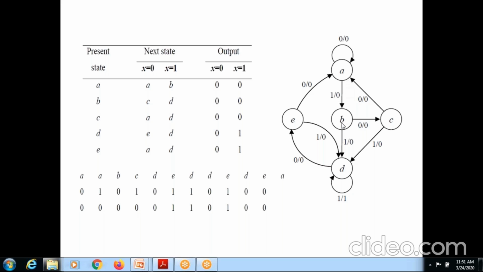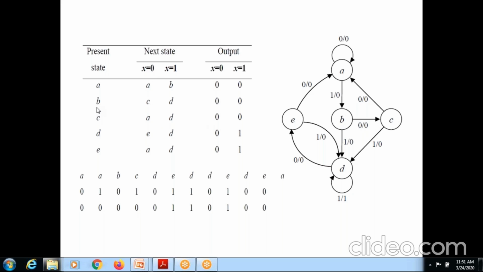It is going to the next state B and it is producing the output 0. Okay. So for state A, if I give input 1, it is going to the next state B and it is producing the output 0. So similarly, I'm just saying about B. For the state B, if I'm giving the input equal to 0, it is going to the next state C. With input 0 the next state is C, and moreover it is producing the output 0, therefore it is also 0.